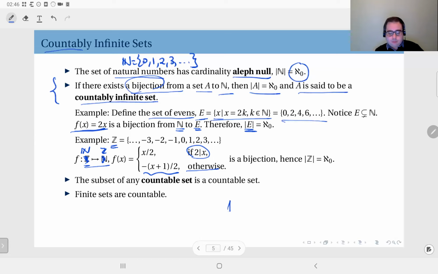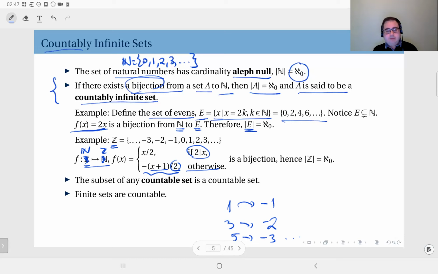Okay, so 1 is going to be add 1, 2, divide by 2, 1, and negate it. It's going to be minus 1. 3 will be what? Add 1, 4, divide by 2, 2, negate, minus 2. 5 will be add 1, 6, divide by 2, 3, negate, minus 3. So you see, with this procedure, I'm obtaining all of the natural numbers from the even natural numbers, and I'm obtaining all the negative integers from the odd natural numbers.